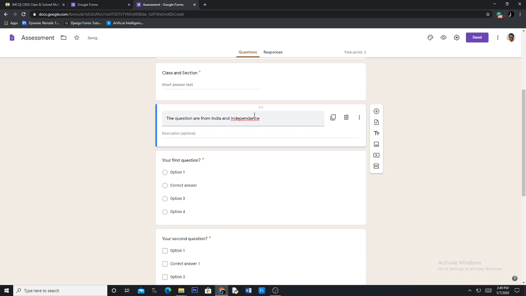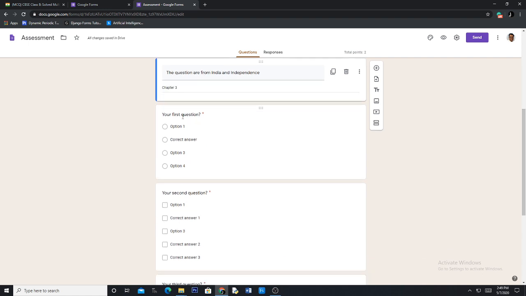And in the description I may write the chapter which this section belongs to. I say chapter 3. This is a dummy question paper, so don't try to find out the meaning and logic behind it. Next I have the first question.